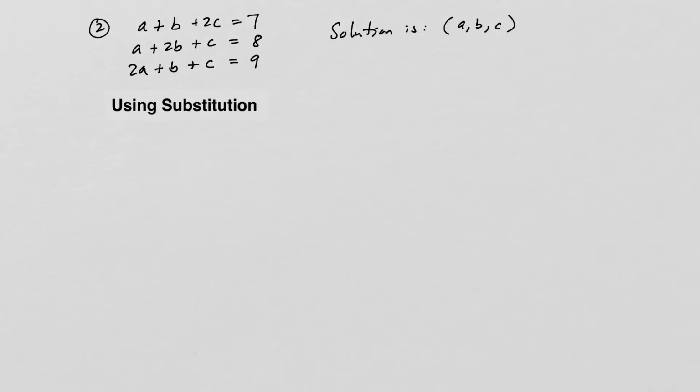So for our second example, you can see that we have another 3-variable system. This time the variables are A, B, and C, and our solution will be an ordered triple A, B, C. And I want to talk about how you can use substitution. So to use substitution, it's very similar to using substitution in a 2-variable system. Basically, what you need to do is pick one of the 3 equations and solve for one of the 3 variables. So what I'm going to do is pick the third equation,